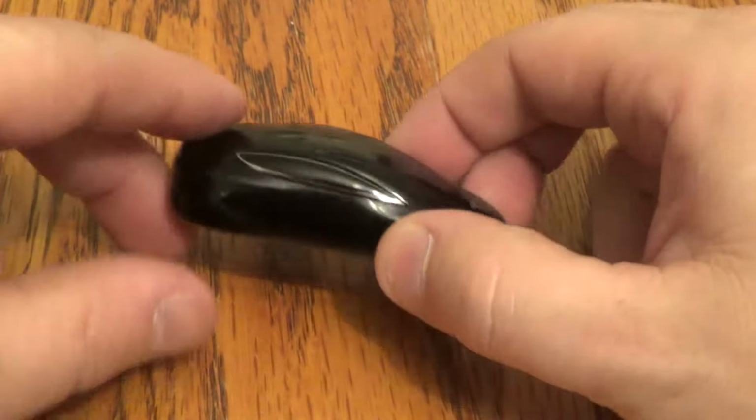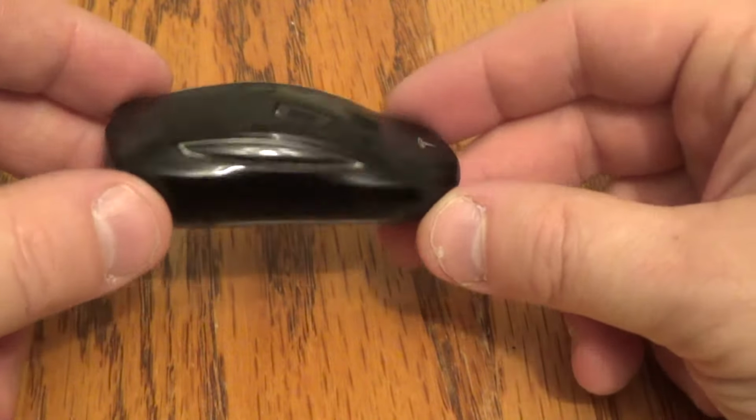Hey, how's it going? I'm going to show you how to replace the battery in this Tesla Model X key